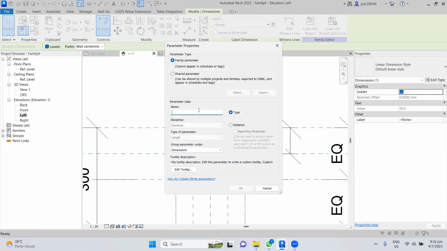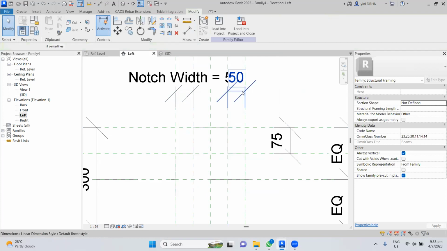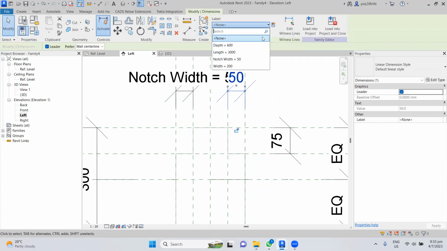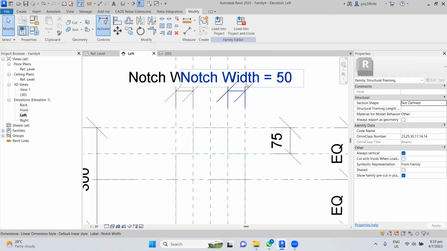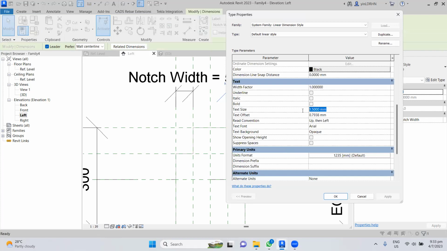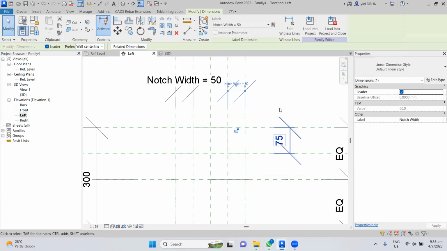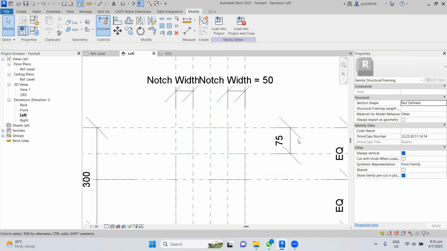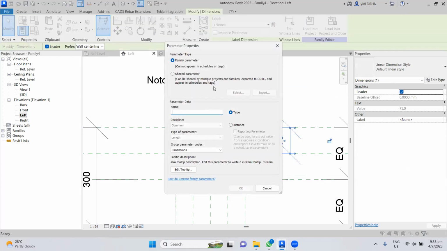So this one I call notch width, right? This one also I want to call the same thing, notch width, right? So it looks big, so I edit it, right? Okay. So this one we call notch depth,